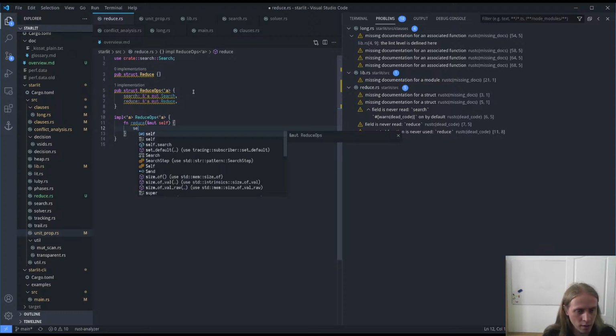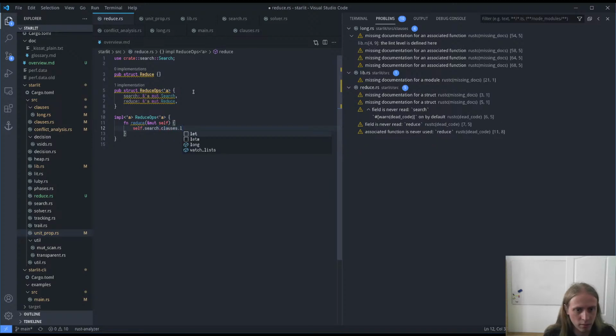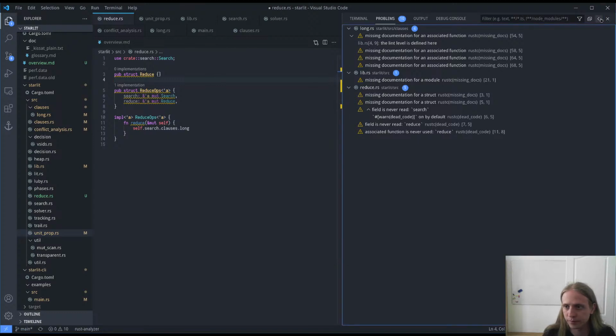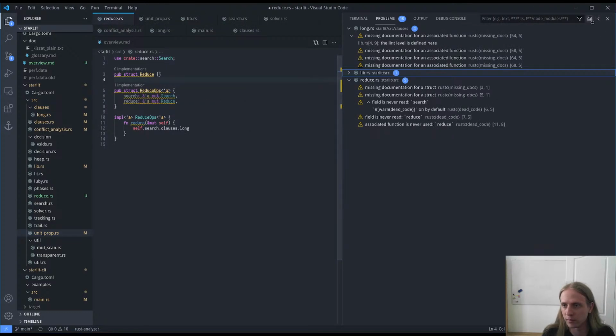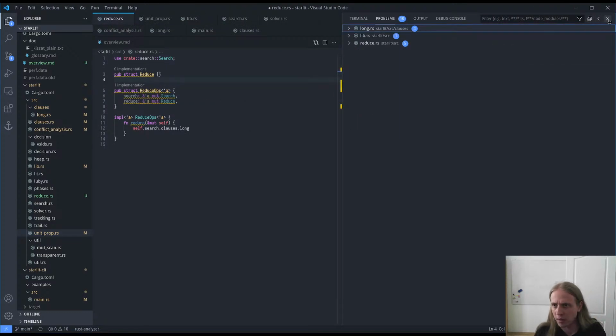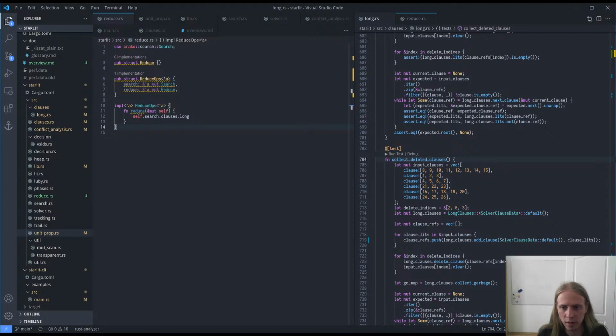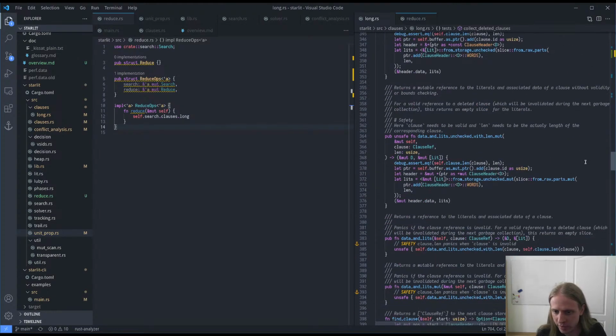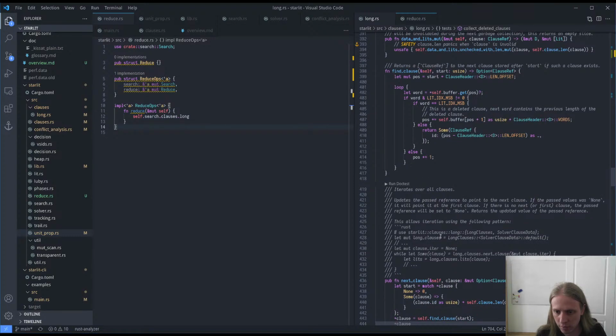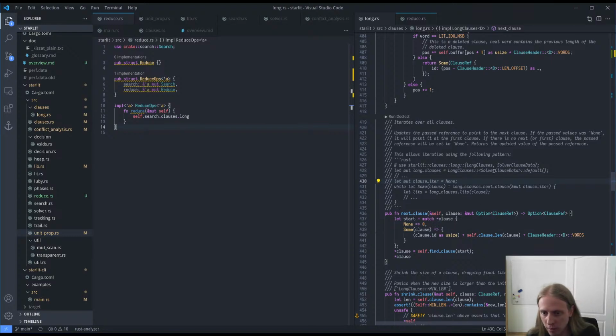So we take the long clauses and, no, I want to, and I already implemented something to iterate over the long clauses. And I need to, right, so I have